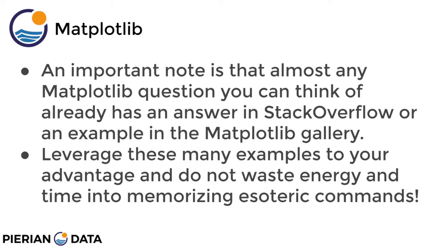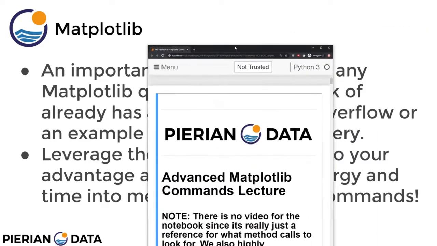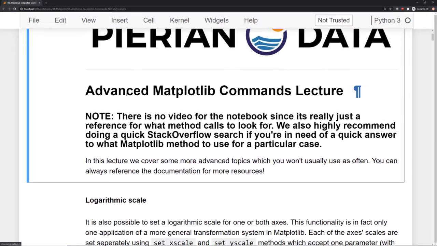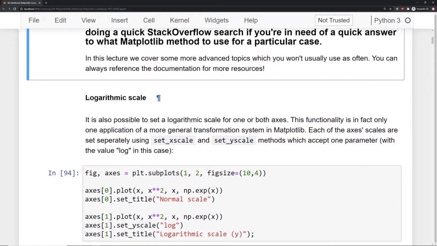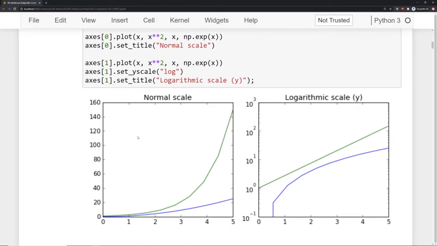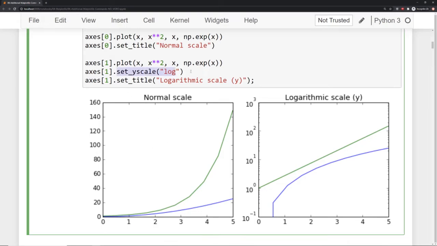So let me bring in the actual notebook and do a very quick overview. We're not going to code any of this out, but I do want to show you that there is an advanced Matplotlib commands lecture. I say there's no video since we're not actually going to program any of this, but there are discussions on things like setting a logarithmic scale. Here's a normal scale, but if you have really large numbers, you can set the y scale to log